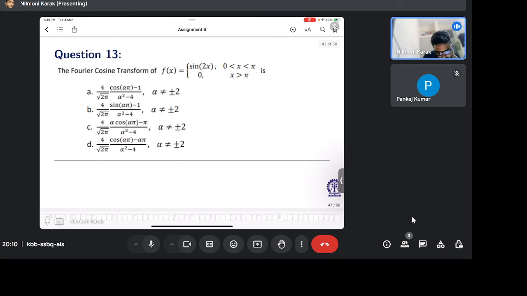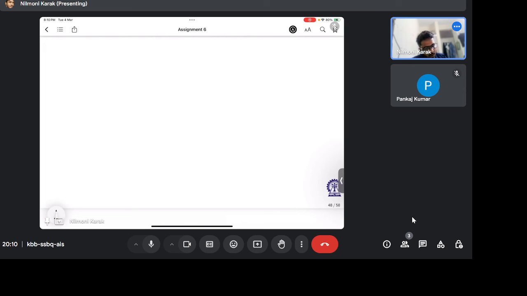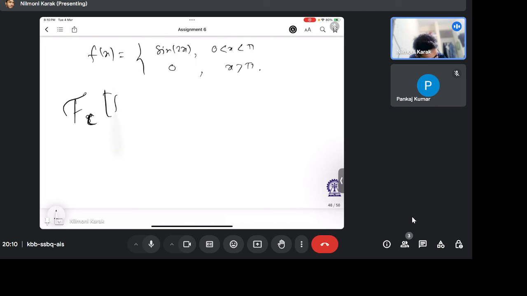So this is problem 13: the Fourier cosine transform of f(x) equals sin 2x when x lies between 0 and pi, and 0 when x is greater than pi. So f(x) is sin 2x when 0 < x < pi, and 0 when x > pi. So the Fourier cosine transform of f(x)